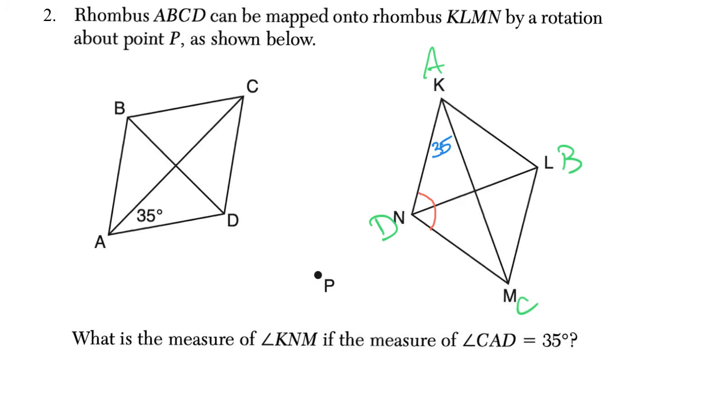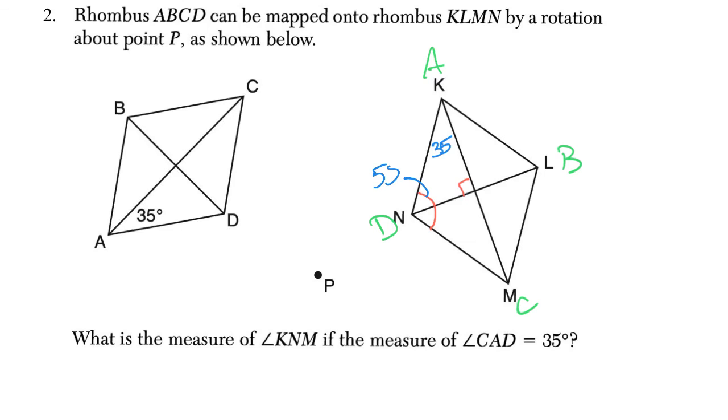So I'm going to use properties of rhombuses. So I know this angle right here is a right angle because the diagonals bisect each other and they intersect each other at right angles. All right, well, I know two of my angles in my small triangle. I know that this guy is 90. I know this guy is 35. So when I add them up and I subtract from 180, I get that this angle right here